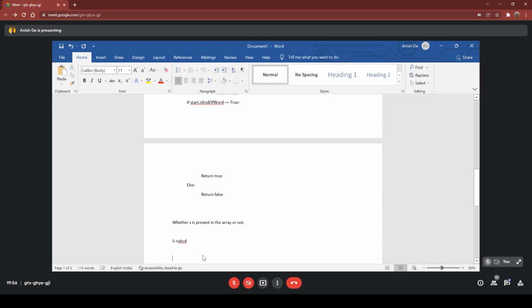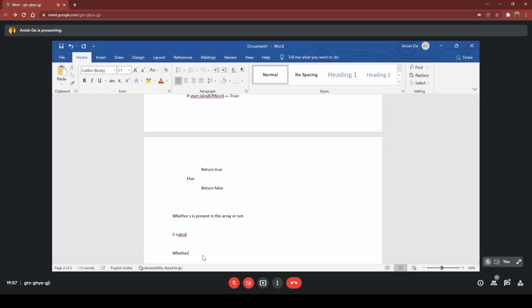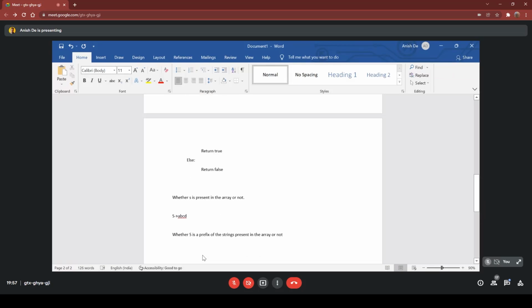Next I am saying whether S is a prefix of the strings present in the array or not. So S should be a prefix of the strings that are present in the array.